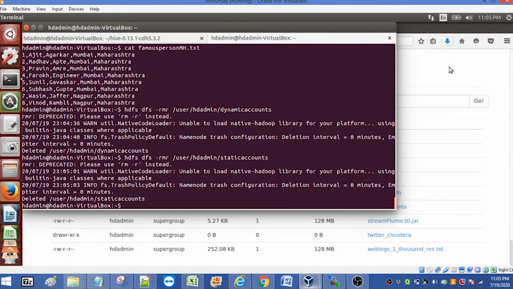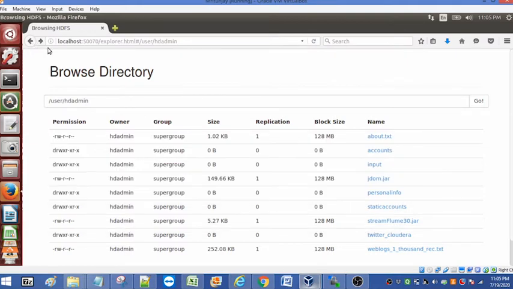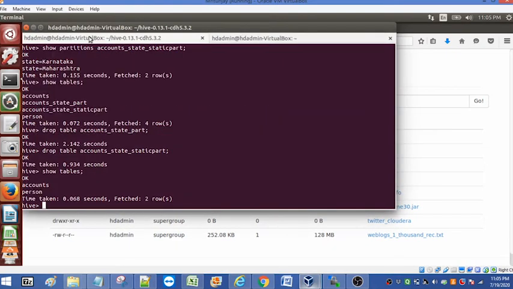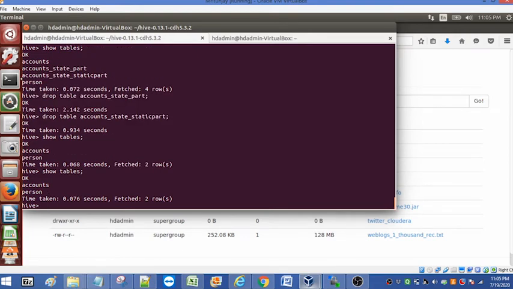Yeah, remove. Let me refresh it. Now come to the Hive prompt, show tables. There is no accounts table, only the person table is there.